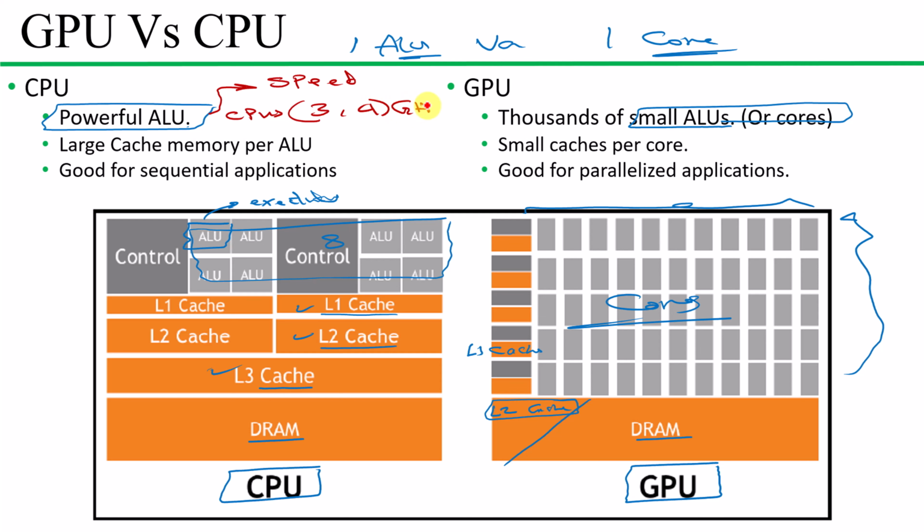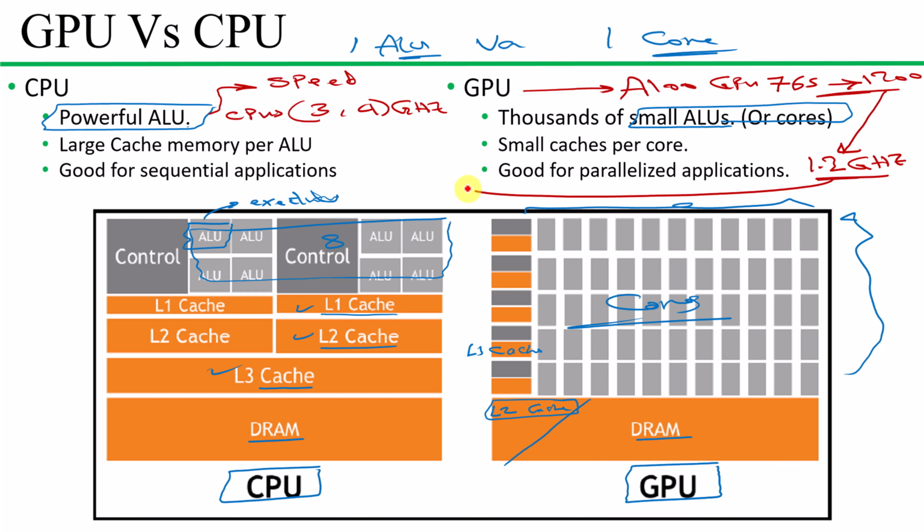On the other hand, a 2020 released GPU, the A100 GPU from the Nvidia company, has core frequencies ranging from 765 to 1200 megahertz. And to be clear here, 1200 megahertz means 1.2 gigahertz, which is roughly a quarter of